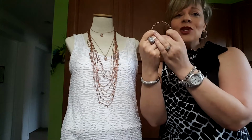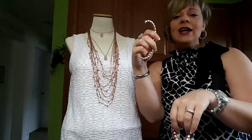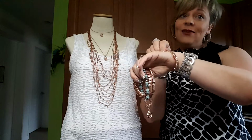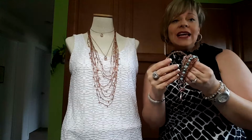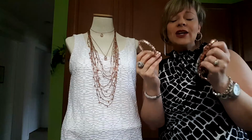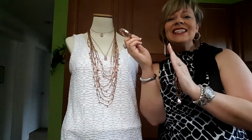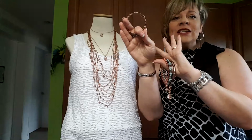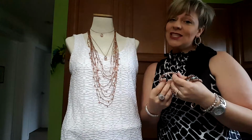This is a hinge closure bangle, okay? So you just open it up, pop it right on your wrist, and you're good to go. Now, don't forget, ladies, the reason why you want to make sure that you are decorating your wrist is because that is the smallest area of your body. So y'all, if you draw attention to the smallest area of your body, you're just going to look that much